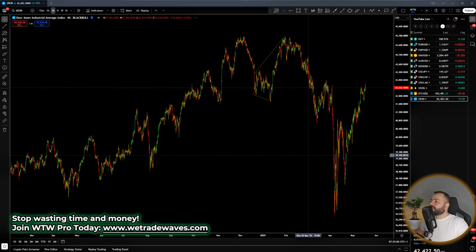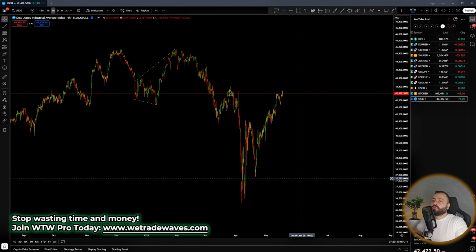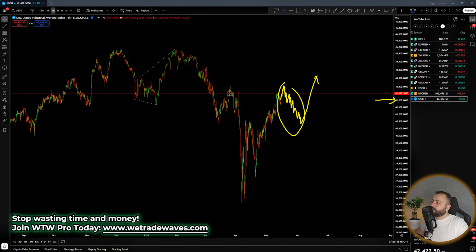US30 market went to the upside due to fundamentals, of course. And like I said, he was able to secure trillions of dollars in terms of investments. And the stock market is pushing to the upside. Like I said to you last week, until we get this up wave, if we get a corrective structure here, up is the move. So we have US30, guys. If we get a corrective structure, market will push to the upside to break this top, and even this one once more. So that's actually regarding that, guys.